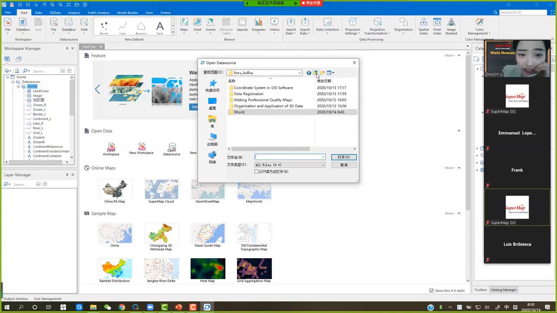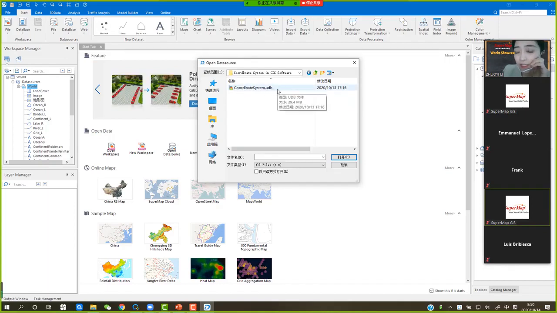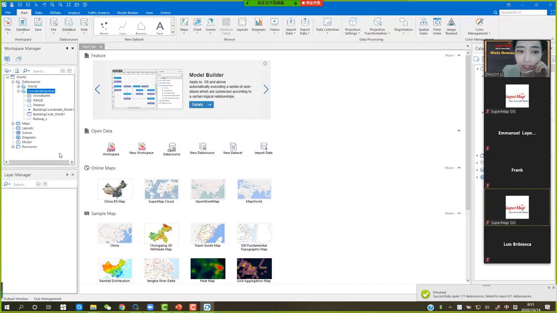Click the coordinate system in GIS software, and choose the coordinate system .udb. The coordinate system data source has been